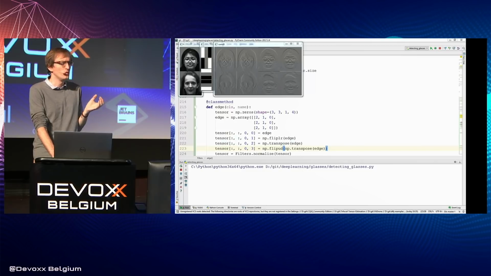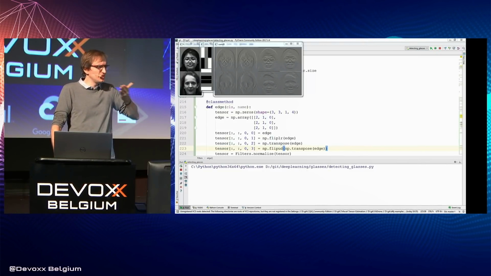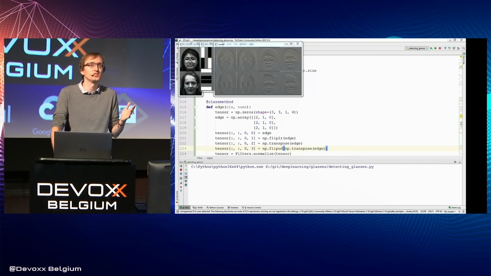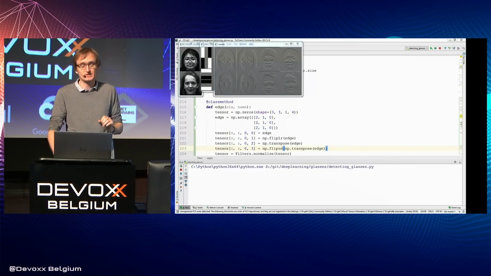And we don't want that. We want every filter to be unique to detect what it wants to detect. So what we don't want is the negative part, in fact. So we can get rid of the negative part. And the question for you, how would you call a function which cuts off the negative part? Probably cut off negative, probably negative to 0. But respect to the guy who came up with the super intuitive name, rectifying linear unit. In short, ReLU.